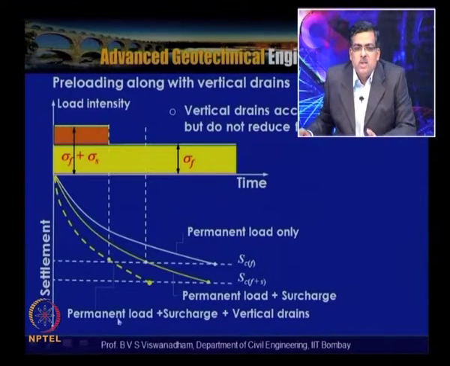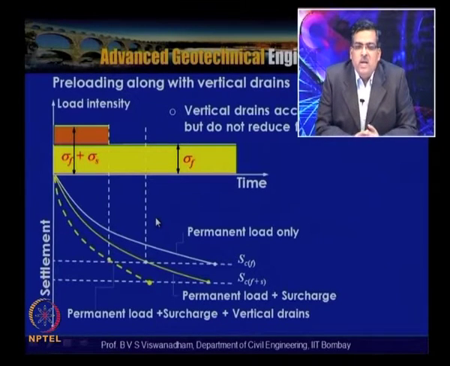Here, the curve shown with the broken line shows that the settlements occur in a lesser amount of time. This implies that the site, or the pre-consolidation settlements, can be ready in a given period of time. So this helps us to accelerate the consolidation settlements and then prepare the site for construction.